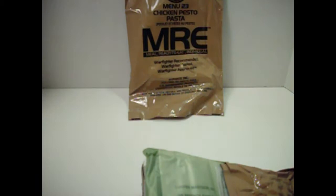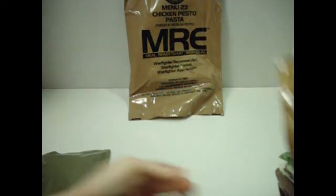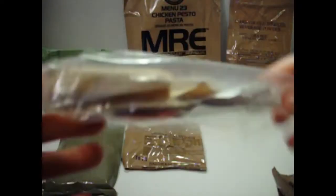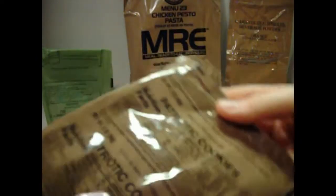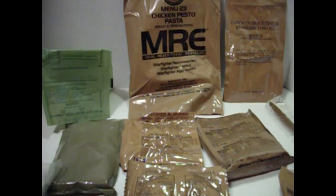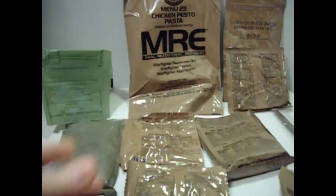There we go. We have our chicken pesto pasta. I don't believe my camera is going to focus, but we have a date code on this of 5117, so the 117th day of 2015, I think. Some lovely smoked almonds. A beverage base, orange. Of course, we have our flameless ration heater. Accessory packet, which we'll take a look at in a minute. We have patriotic cookies. Never had those before. We have an apple turnover. MRE spoon. Italian breadsticks. And more cheese spread. And of course our sleeve to heat everything up in. And a